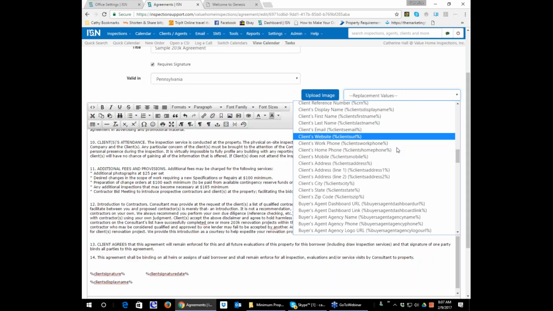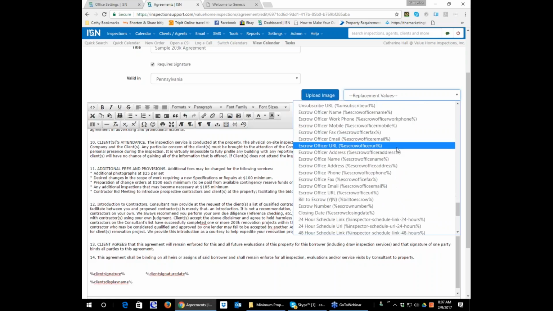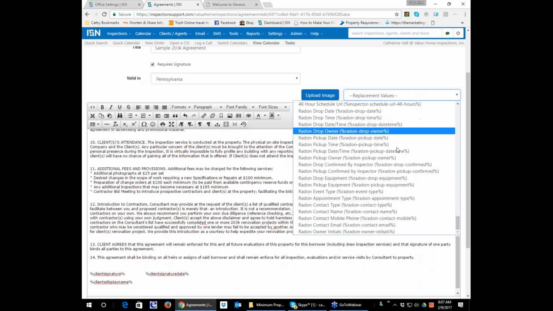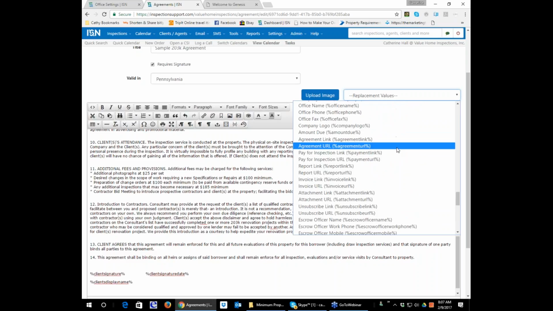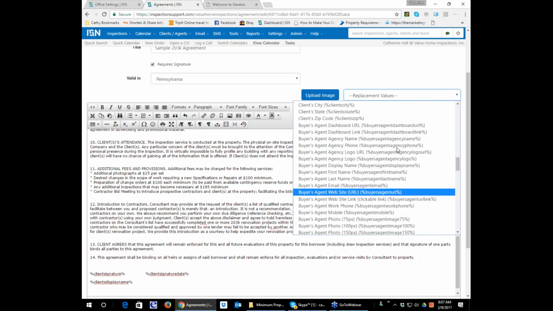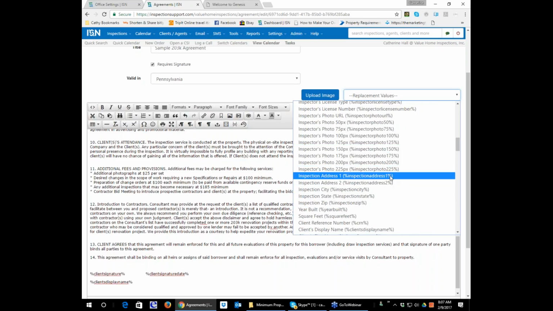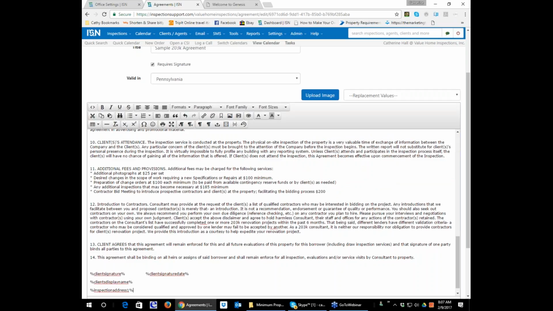Trying to find it here. Let me slow down and find it here. Okay, so the inspection address 1,